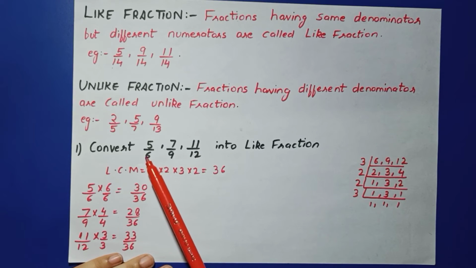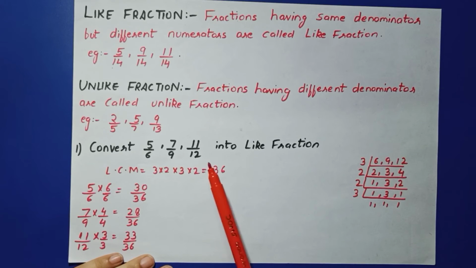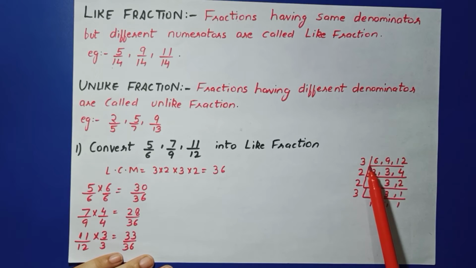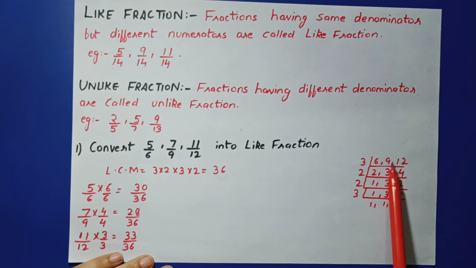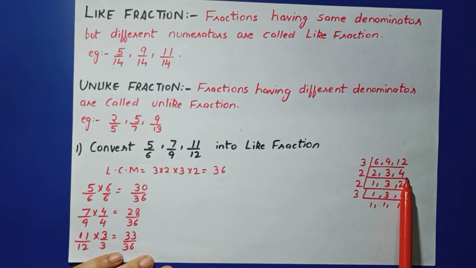So firstly we'll take the LCM of these three numbers, 6, 9 and 12. How will we take the LCM? Simply write 6, 9 and 12. Now see the number by which 6, 9 and 12 are all divisible. The first number that came to my mind is 3. Why? Because 9 is not divisible by 2. But by 3, 9, 6 and 12 are all divisible. So 3 2s are 6, 3 3s are 9 and 3 4s are 12. Now 2, 3 and 4. Is there any number by which all three are divisible? No, there's no number. So we'll divide by the smaller number by which 2 or 4 is divisible.